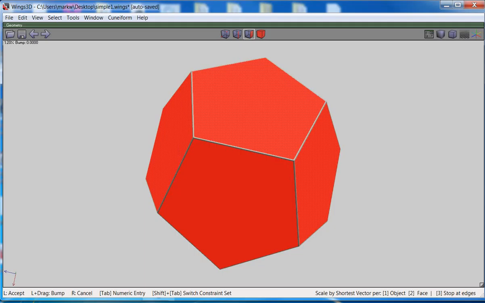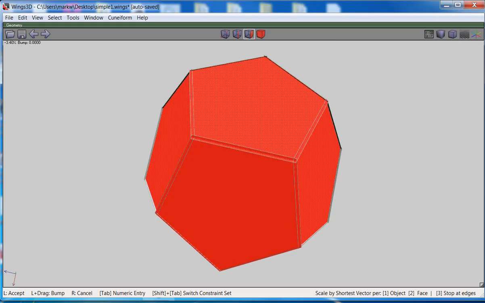Now I'm looking at the help text at the bottom of the screen, and all the way over to the right in the bottom it says scale by shortest vector 1, 2, 3. But I know there's more options than the 1, 2, and the 3, and that's my basic complaint at this time. I know there's a 5. Presumably there's a 4, but I know there's a 5. For instance, I'm going to hit the 5 key here,